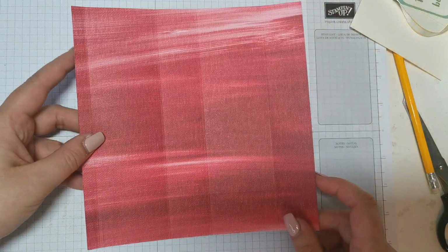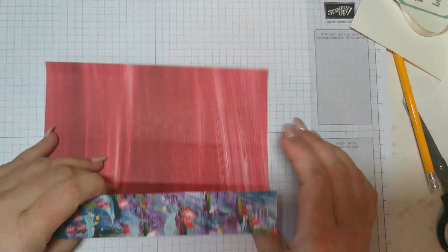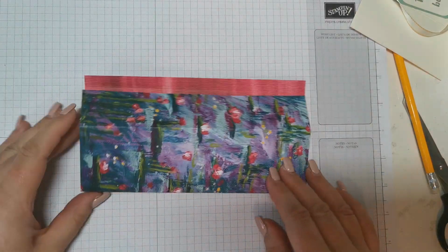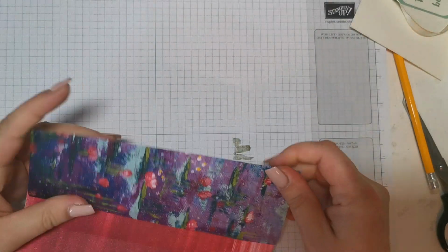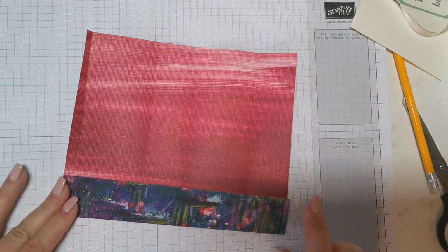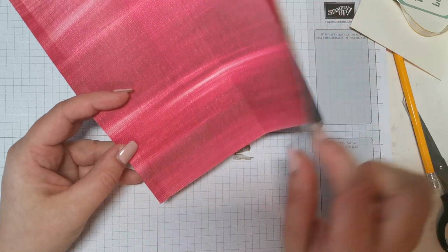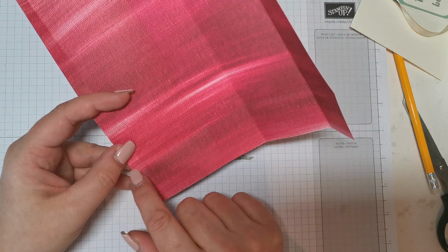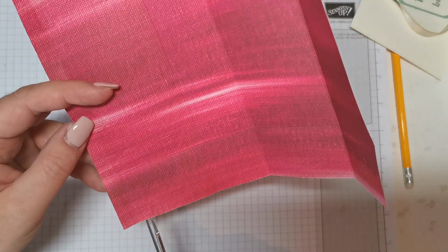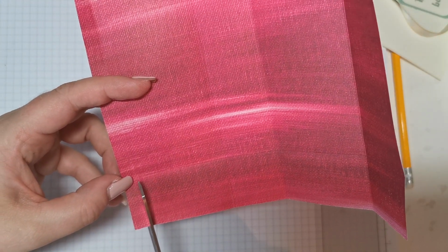I'm going to turn it this way because the lines are easier to see, and we'll fold and burnish all of our score lines, and we're going to do a little bit of cutting, not a lot. And we'll just fold and burnish that one there. Now what we've got here, which is easier to see here than on the other side, is a small rectangle, and I'm going to get rid of that. So I'll just cut up to the first score line,